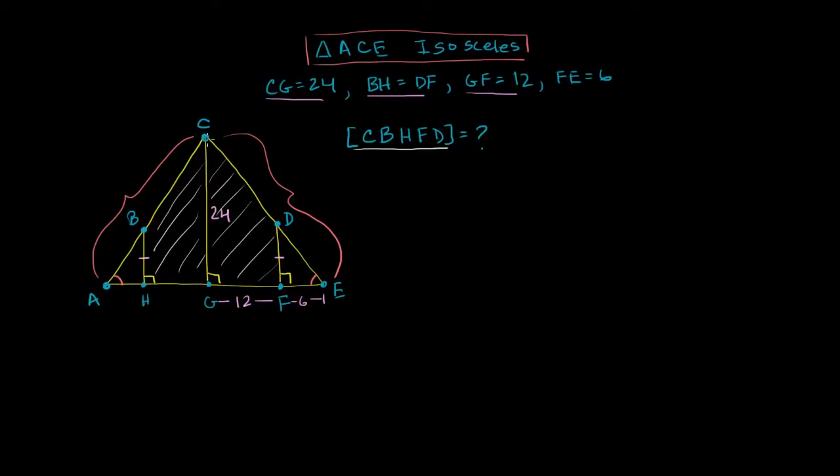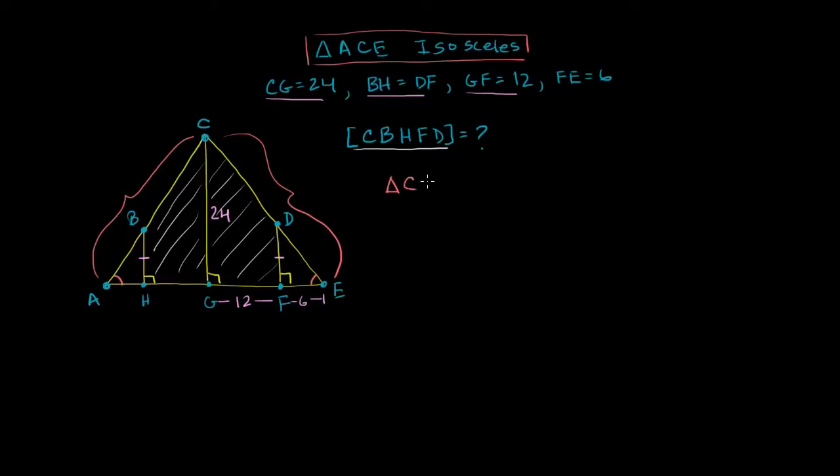For example, triangle CGE shares this angle with triangle DFE. They both share this orange angle right here. And they both have this right angle right over here. So they have two angles in common. They are going to be similar by angle. And you can actually show that there's going to be a third angle in common because these two are parallel lines. So we can write that triangle